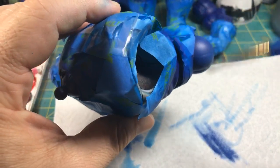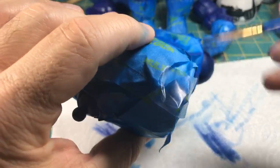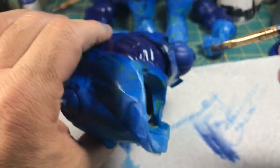This master customizer, Toy Cooker, Justin Crisp. Check him out. Check out his work. You can find him on Figure Realm. You can find him all over Facebook. Toy Cooker, he did one where he ended up using